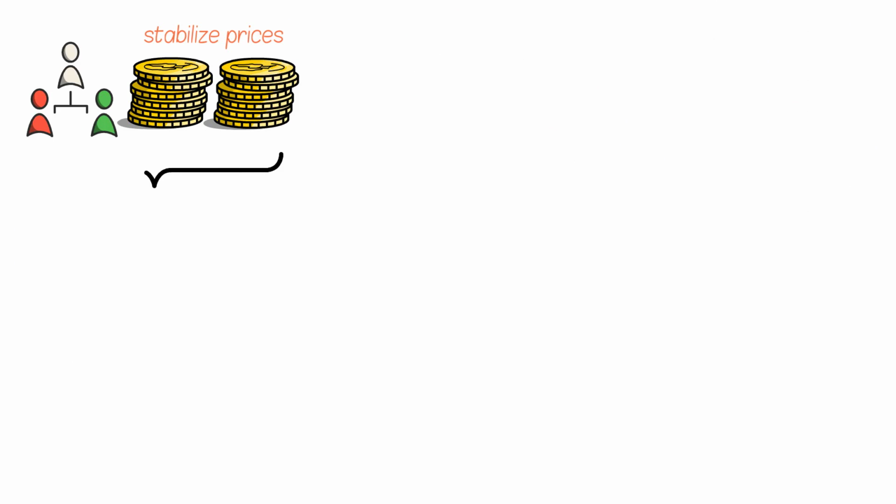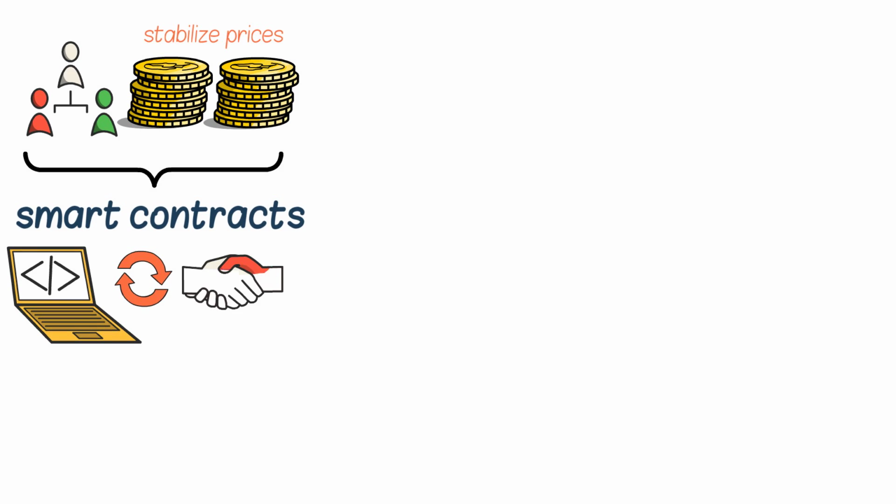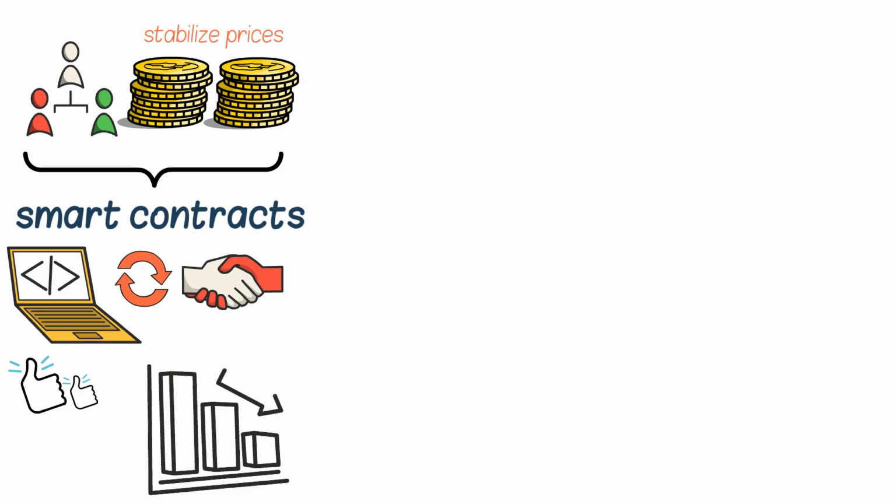Liquidity pools are also created through something called smart contracts. Smart contracts are simply agreements that are written in code. They can be used to automatically execute trades between liquidity providers. This helps to make the process of creating liquidity pools more efficient, and it also helps to reduce the costs associated with trading. They reduce the cost of trading because there's no need for a middleman to execute the trades.